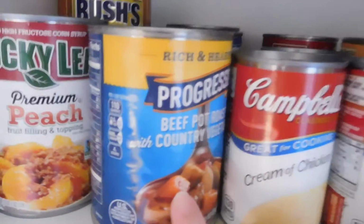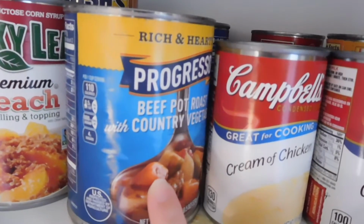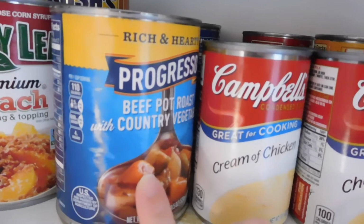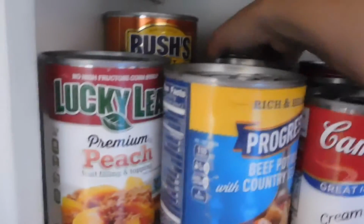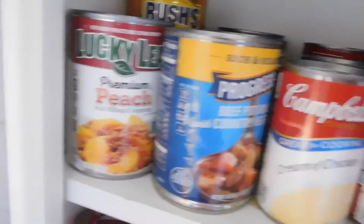I've got a couple cans of soup. I just got those. CVS had a deal last week on soups, and I got these for like 50 cents a can, so you can't pass that up. And I got some more Bush's grilled beans back here. Now,